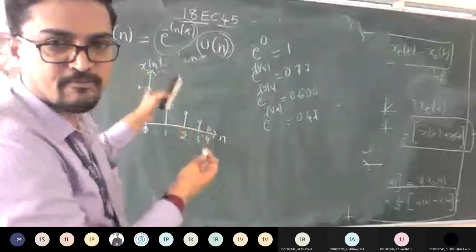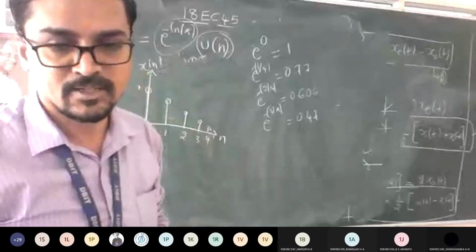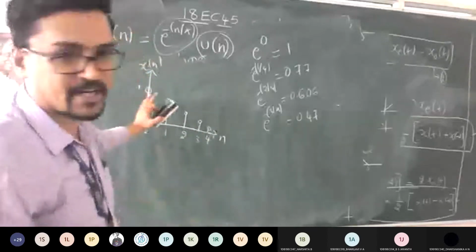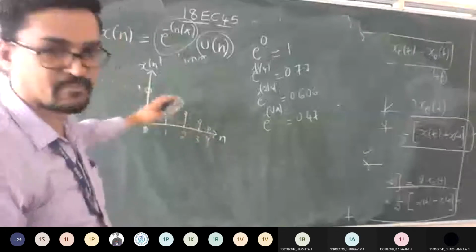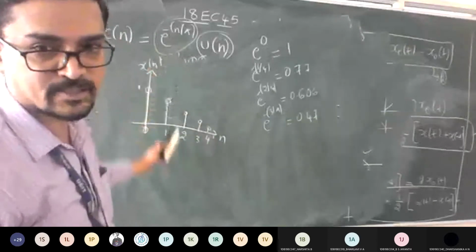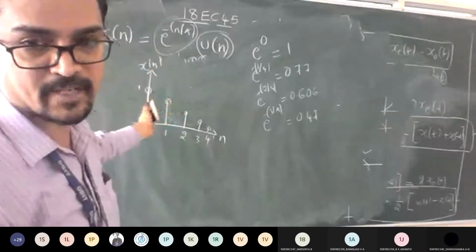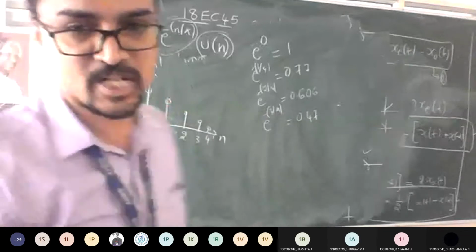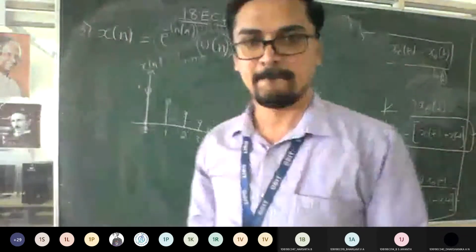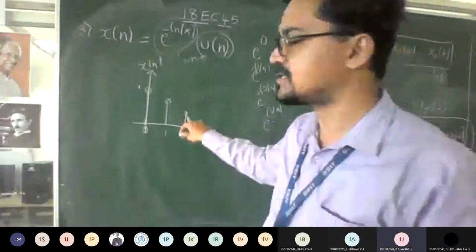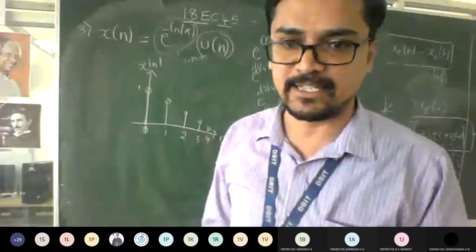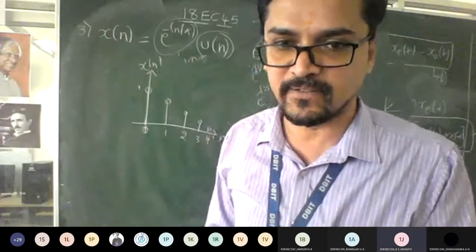Once you have got this, from here onwards it is the same procedure. You know the formula. You first find x of minus n, which will come towards this side. Add the two, and that will give you the even part. Again, replicate that and you'll get the odd function. Will you finish this yourself? I want you to solve this. If you have doubts, next class let me solve it for you. Is it clear, guys?